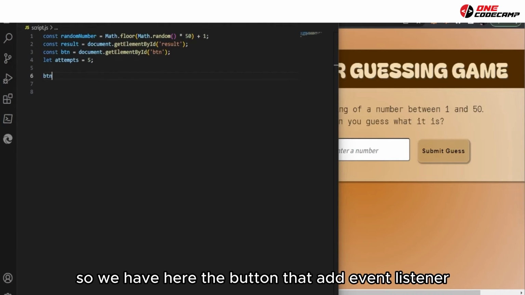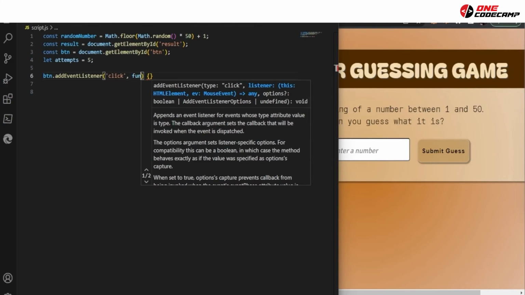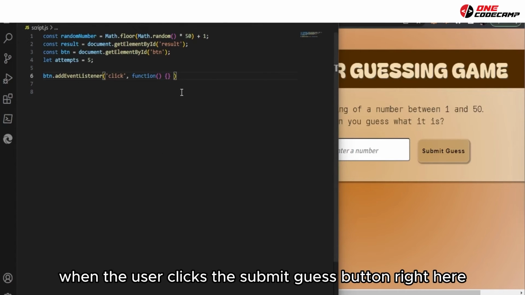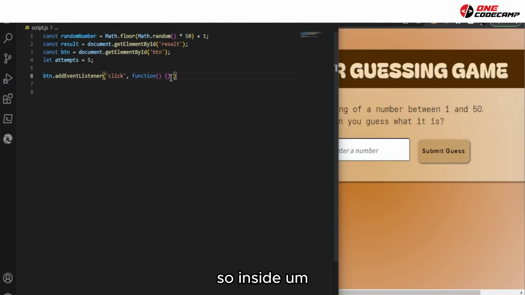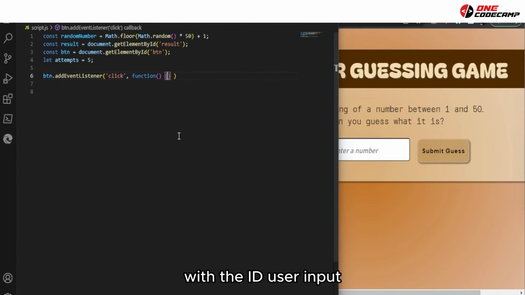So we have here the button dot addEventListener. Then we have here click. Okay, there you go. So in this case, when the user clicks this submit guess button right here, the function right here will run. Okay, so inside this event listener function, we will retrieve the user's input from the input field with the ID userInput and assign it to the userInput variable. The userInput